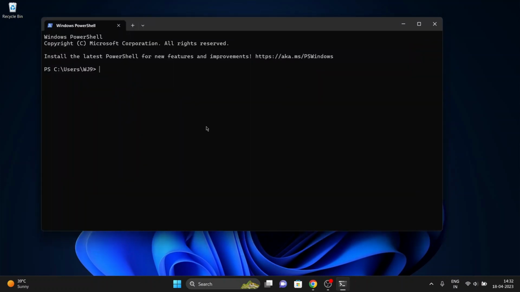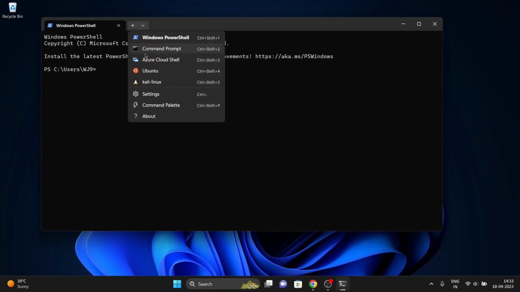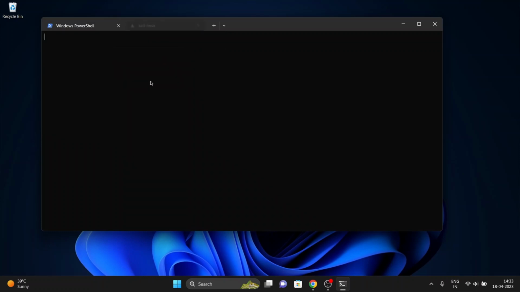And once it is done, now get back to the PowerShell. I got out of the administrative view and I'm in the normal view. When you look at the top left corner, you have a small arrow next to the tab. You need to click on it, and you need to select the Linux distribution, Kali Linux. And once it is launched,